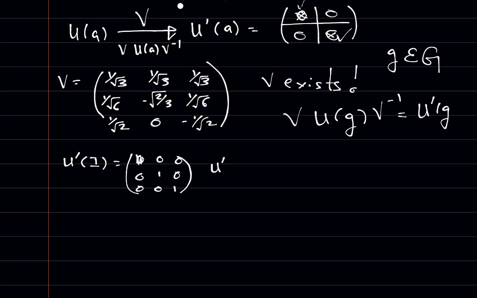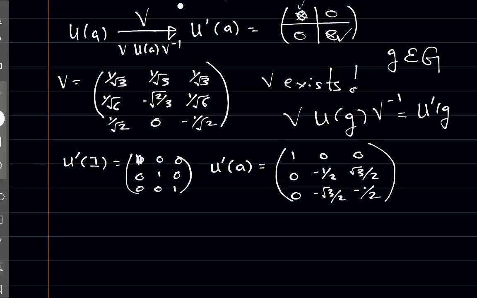And then we have this new matrix for element A, and look at how it looks. I have 1, 0, 0 here, and I have a 0 here. I have minus half here. I have root 3 by 2 here. I have a 0 here. I have minus root 3 by 2 here, and I have minus half here.